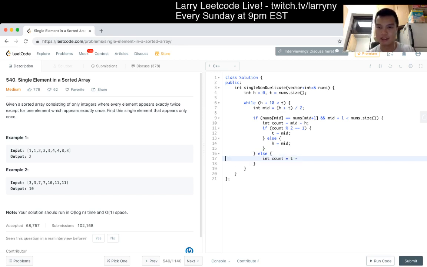So then the identical is okay. Maybe there's some duplication of code here, so maybe that's not great. But something like that. And the determining thing is that